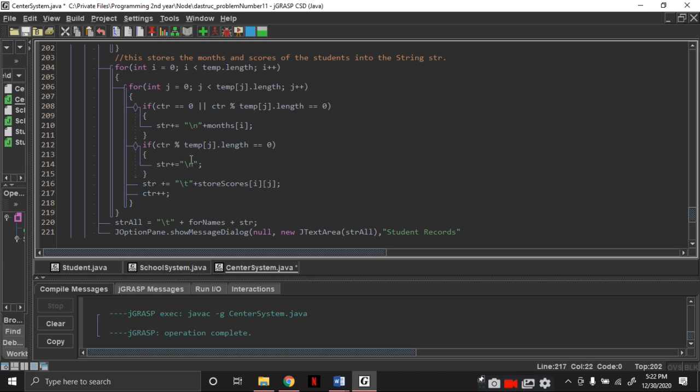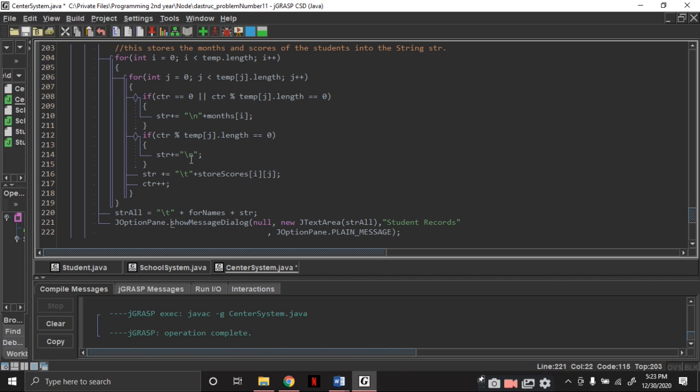So that's my logic for displaying the records in my JOptionPane, or show message dialog, so that the visualization will be much more pleasant in the eyes. I stored it here, so I added the tab and added the names, which is printed before the str.